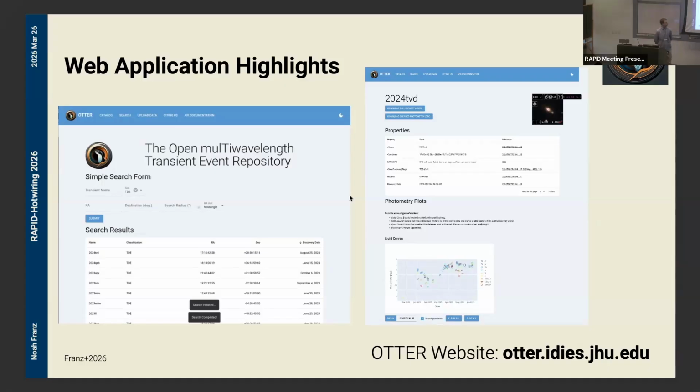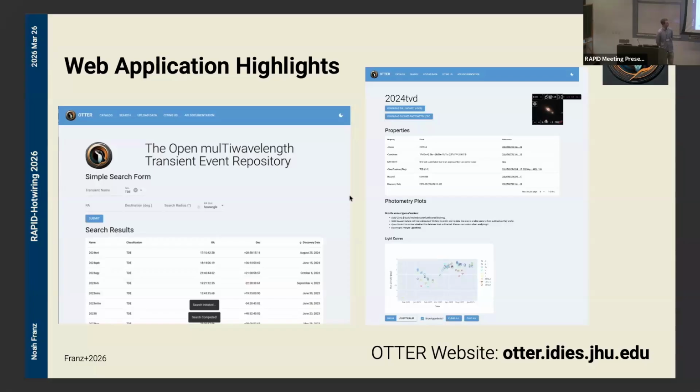But something different that I'd like to highlight, and maybe I picked a bad example here since 24 TVD is unambiguously classified as a TDE, but other transients may have a more ambiguous classification, right? So a tidal disruption event could also be classified as an AGN flare by some people, or a superluminous supernova by others.